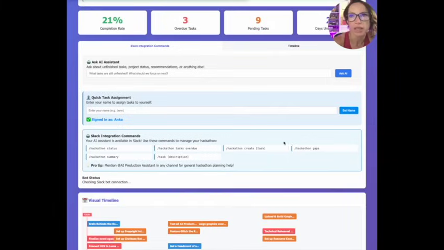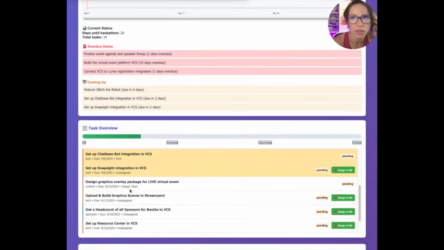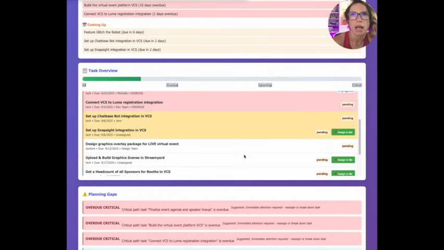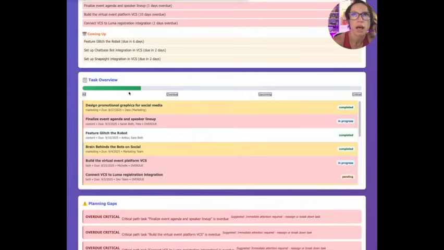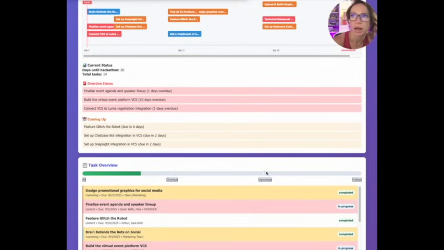Once you do that, the cool thing is you can set a name for yourself, say you're Anka or you're Michelle, and then you can go down to that task that was created, right here, and because it says unassigned, I can assign it to me. So now we know that the task has been assigned to Anka, and Anka needs to complete it, and based on the completion of that task, we have this green bar that hopefully is going to fill up by the time